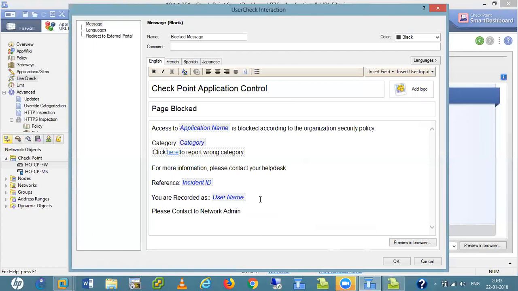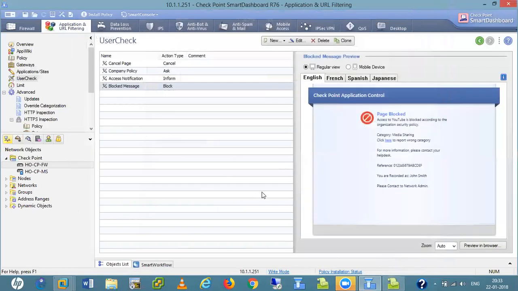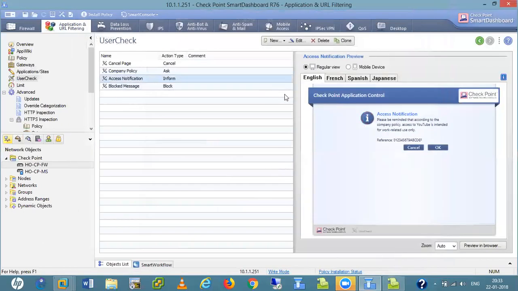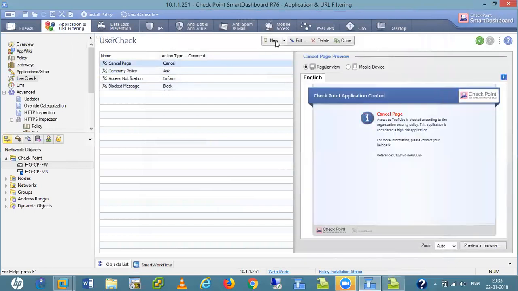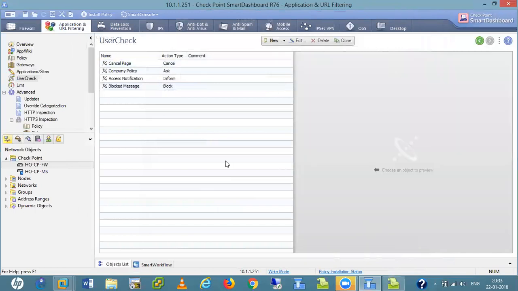We can modify like that. This is for access notification and all these things. If we want, we can also add a new informed user check, new block check, new ask user check, according to the policy and requirement.